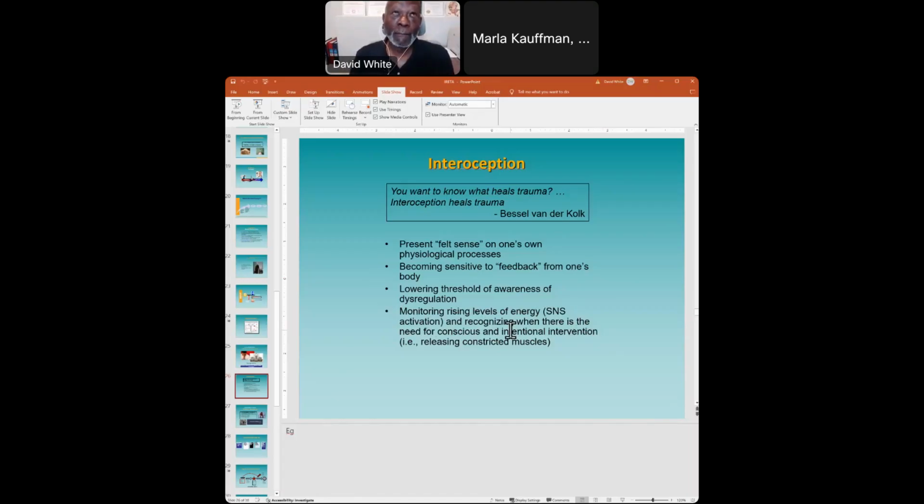People who are highly traumatized have an extremely hard time doing this. They can tell you, or you can get them to do the neuroception piece because they can check around and say, okay, nothing's going on. But for them to feel safe in their body is extremely difficult to do. So they will tell you, yes, I know that there's no danger. I can't see anything that's dangerous, but I still do not feel safe.